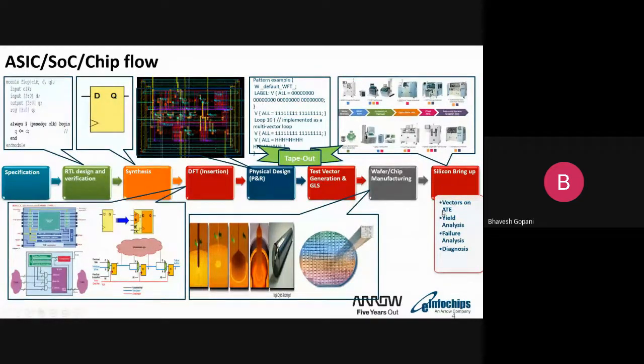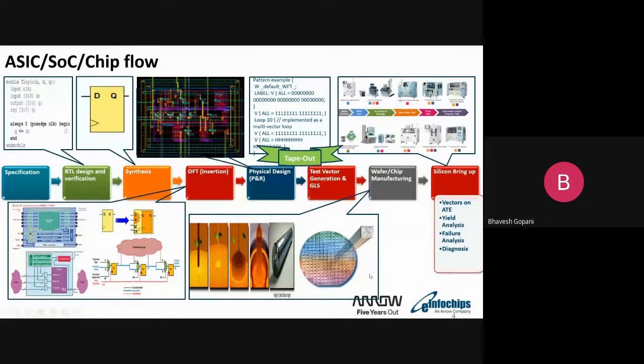Based on that, certain analysis needs to be done on the ATE, like how the pattern quality is. That also needs to be ensured. Another thing is yield analysis, then failure analysis,